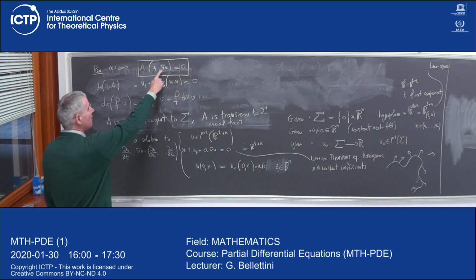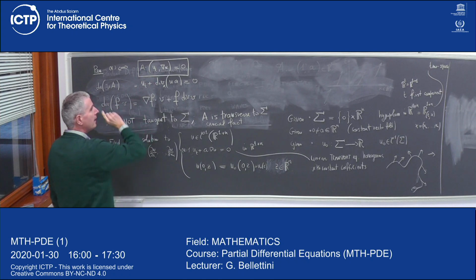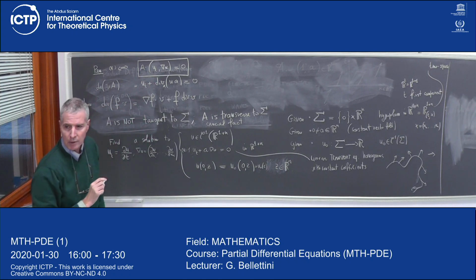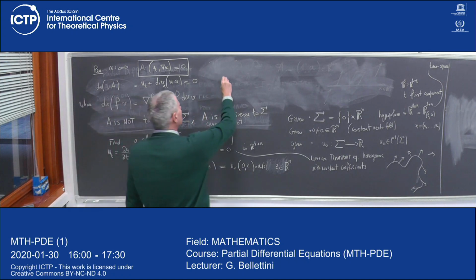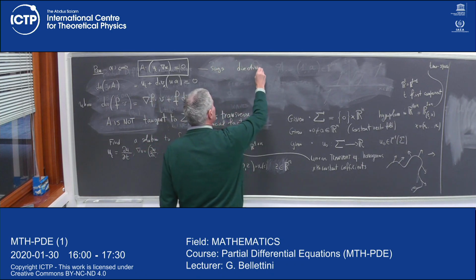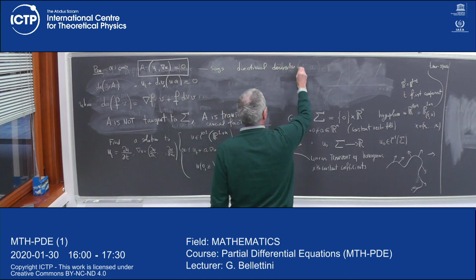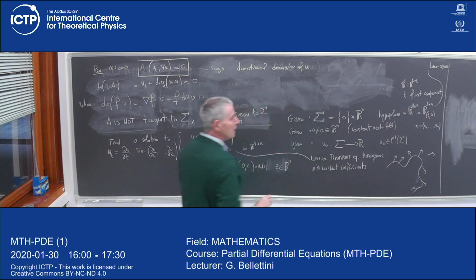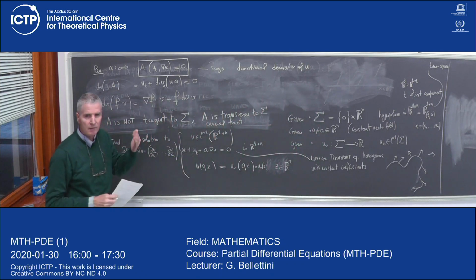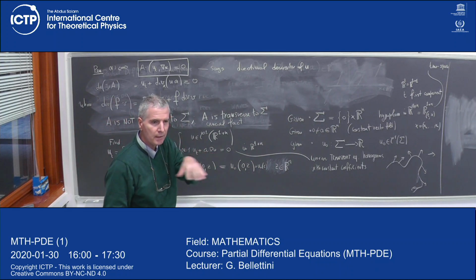We can recognize something here, because this says that the directional derivative of u in the direction capital A, the directional derivative of u in the direction given by capital A, or if you want in the direction A divided by its norm,